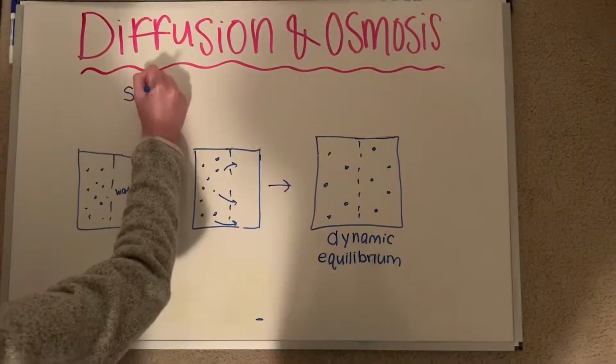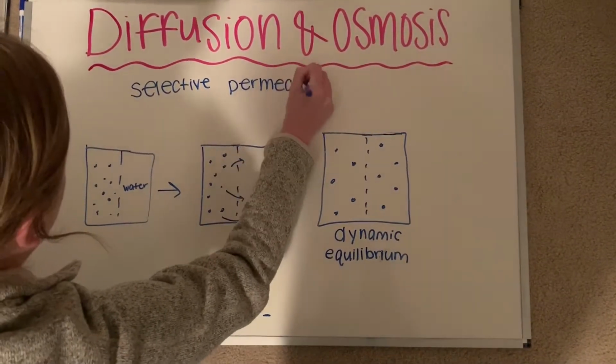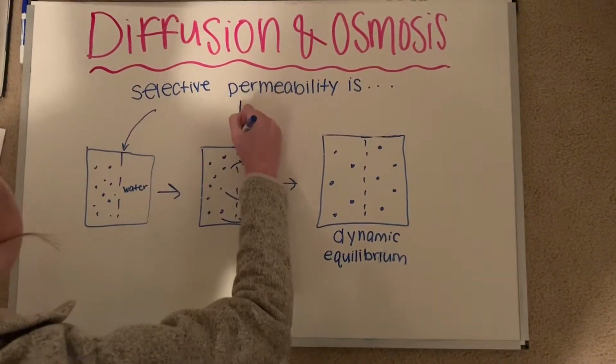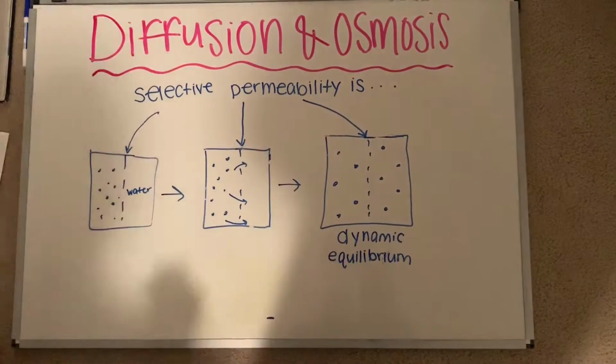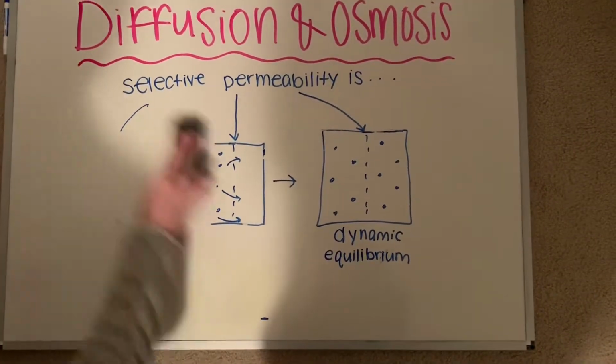So what is selective permeability? Selective permeability is the property of a membrane which allows some materials to pass through while keeping others out. In the diagram, the dotted lines splitting the sides in half represent a selectively permeable membrane where molecules can move